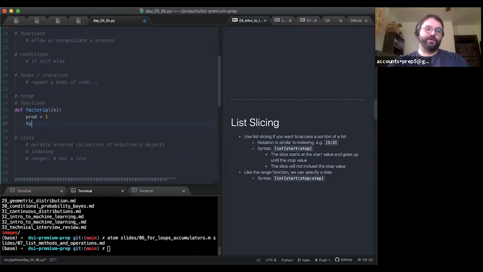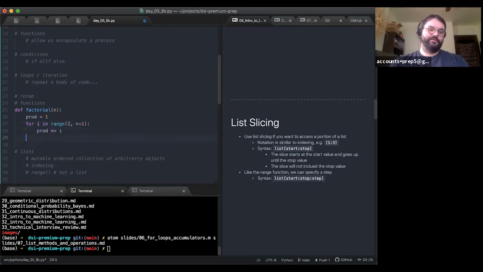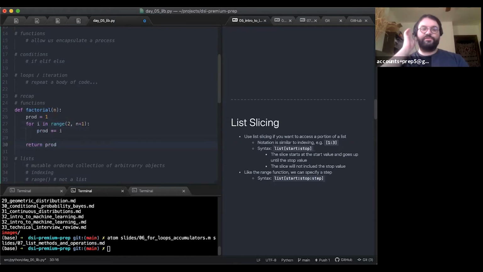So I'm going to say for i in range 2 to n plus 1, prod times equals i, return prod. Okay. So I'm using this factorial function. I know we haven't talked about for loops yet, but we're going to today.